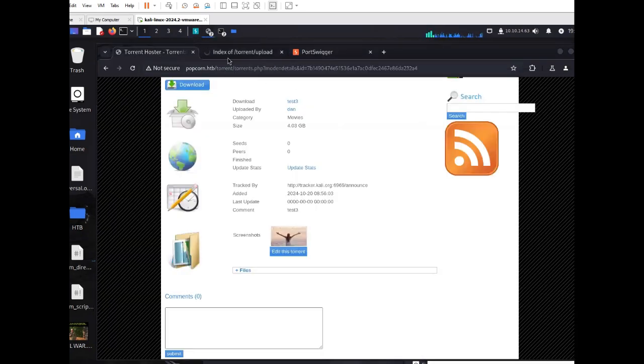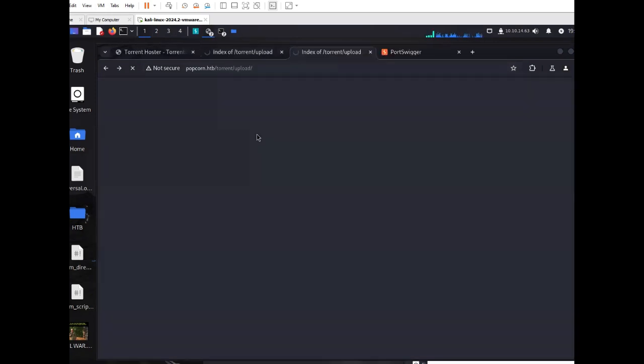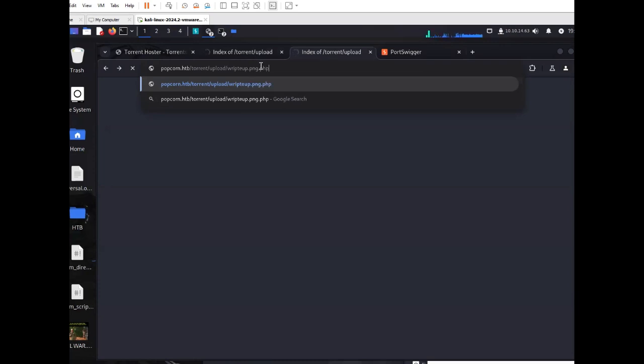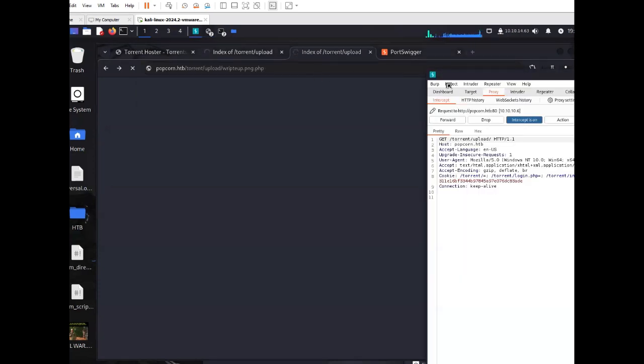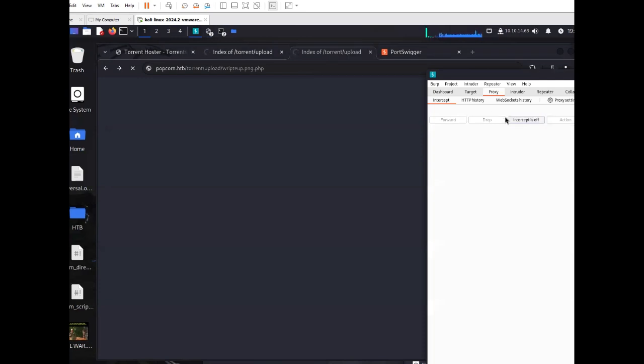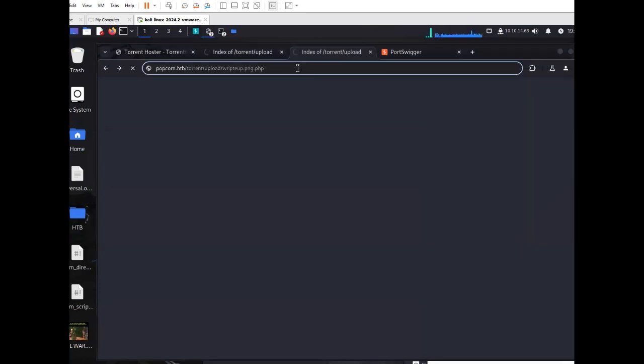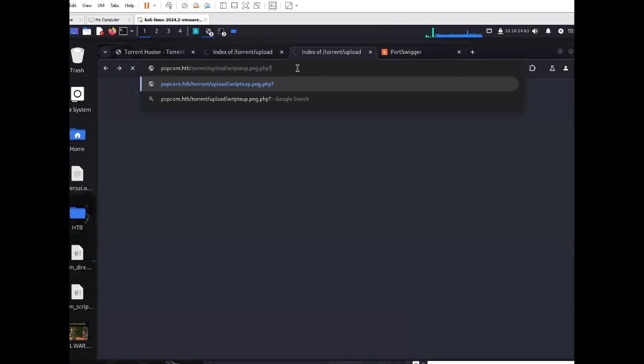All right, while that's loading, I'll go ahead and duplicate this tab here. Go here. All right, and we know the file is right up .png.php. Go ahead and do a question mark. Let me go ahead and turn intercept off. So the question mark followed by what the server will do. So in this case, it will run the cmd